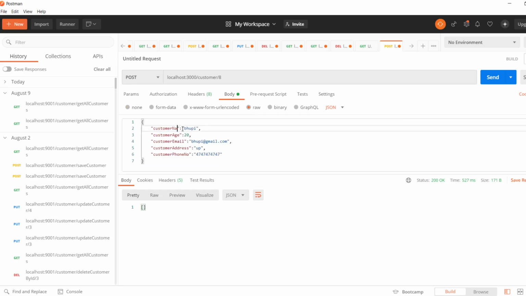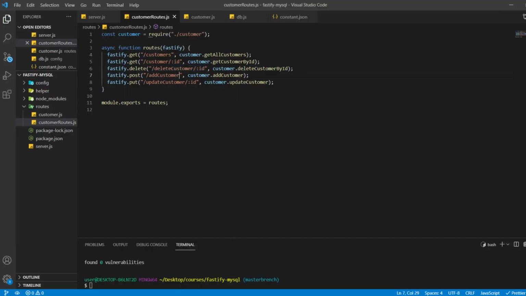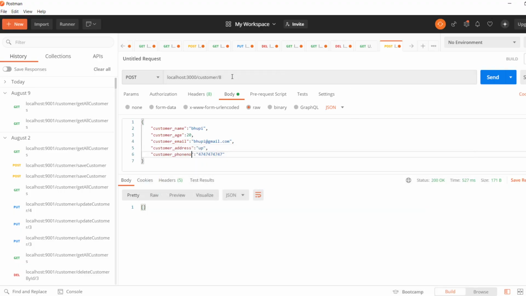Customer name, customer age, customer email, customer address, customer phone number. Okay, and what is the post route? So add customer. So we can simply type here add customer. Let's see whether it is working or not.